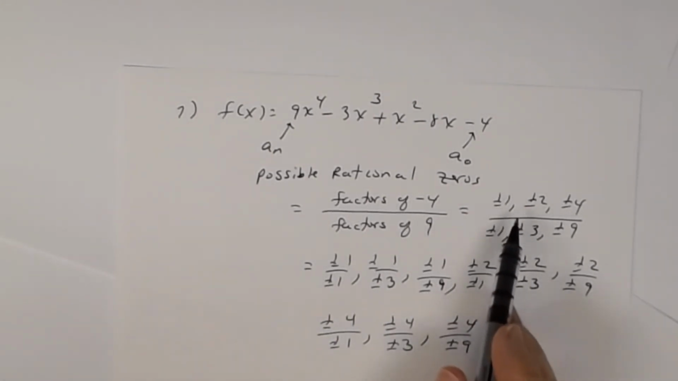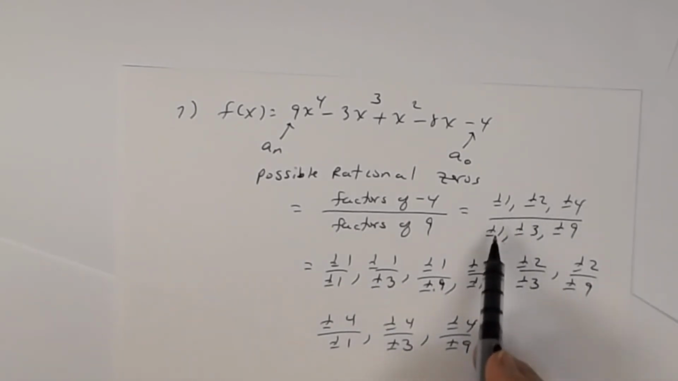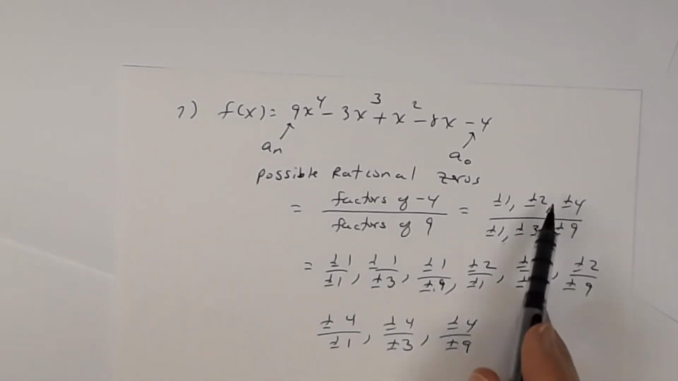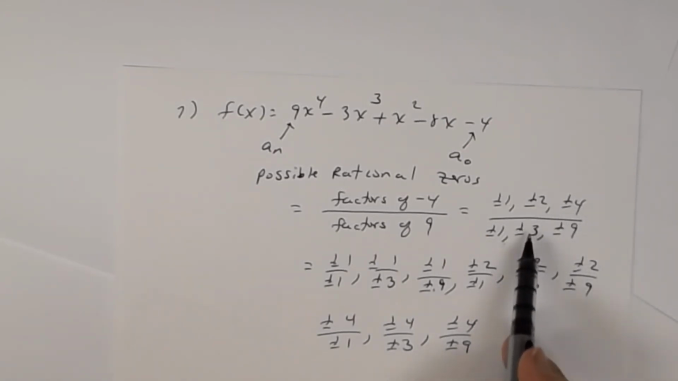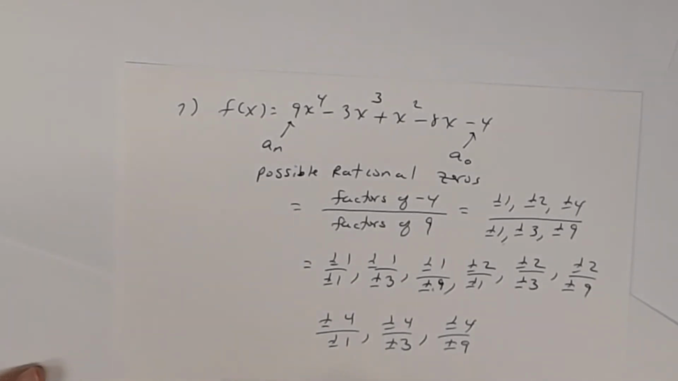Okay, so 1 divided by 1, 1 divided by 3, 1 divided by 9. That's what you see here. 2 divided by 1, 2 divided by 3, 2 divided by 9. That's what you see here. 4 divided by 1, 4 divided by 3, 4 divided by 9. That's what you see here. So now the answer will be,